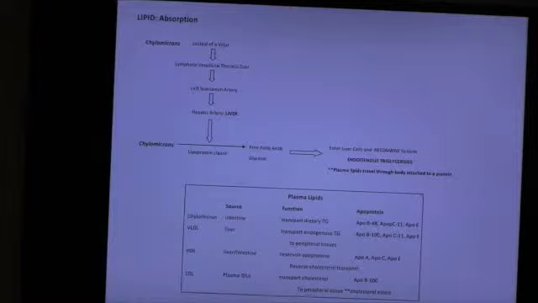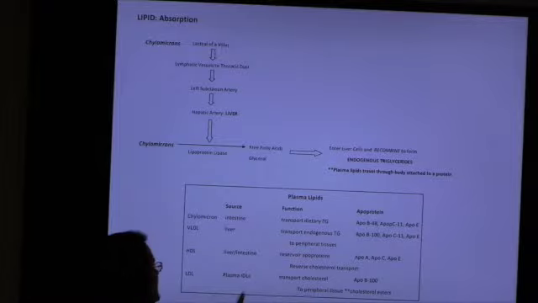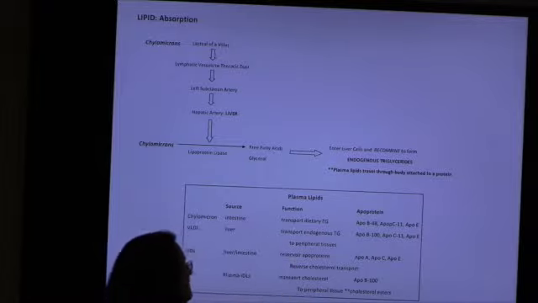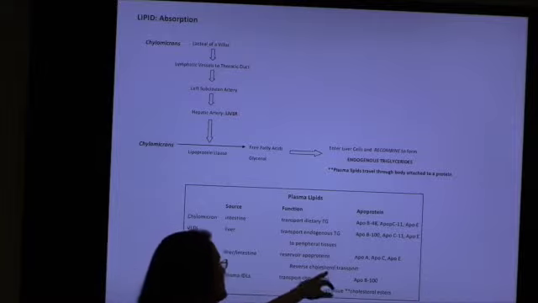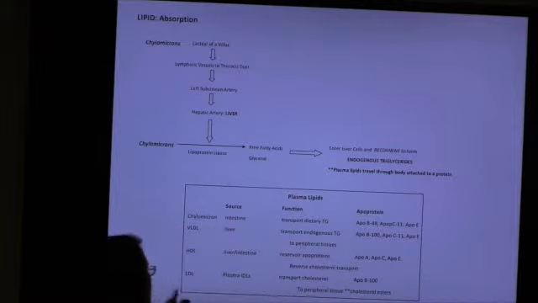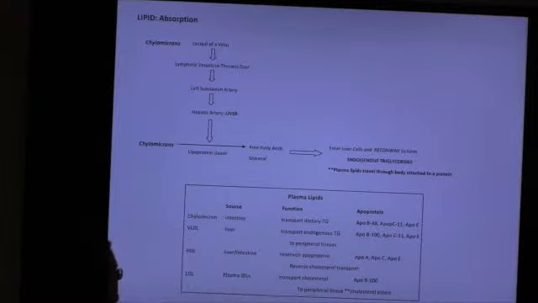Yes? Okay. VLDLs, anybody know what that stands for? Okay. So the source would be liver, and I've reiterated all your stuff, so these are endogenous. And I gave your apoproteins for all of these. So HDLs, liver and intestine, we tell you they're the reservoir. LDLs, plasma lipids, and those transport cholesterol. Yes? Good? That's just a quick review.